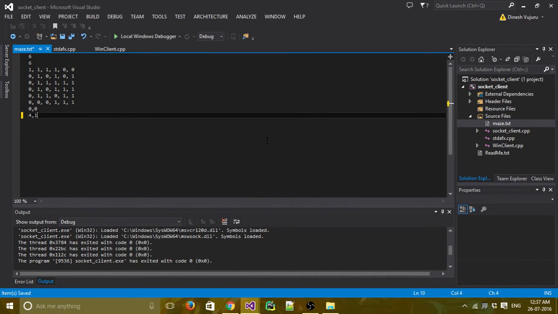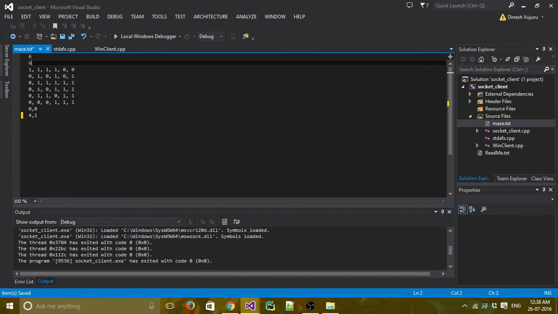In this video, I am going to give a quick walkthrough of my program, maze solving using client and server. In this program, an input file will be given of this format, in which the first line will contain the number of rows and the second line will contain the number of columns, and this whole thing is a maze of rows by columns, separated by a comma. In this way, a maze will be given, and the last two lines are the start coordinate and end coordinate.